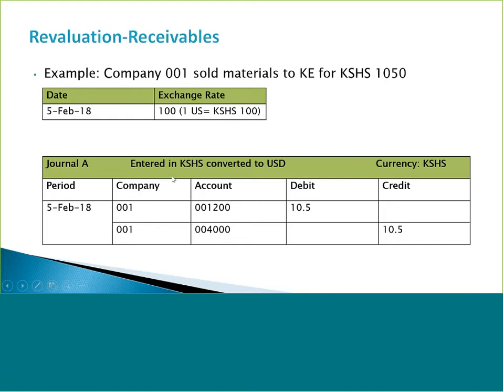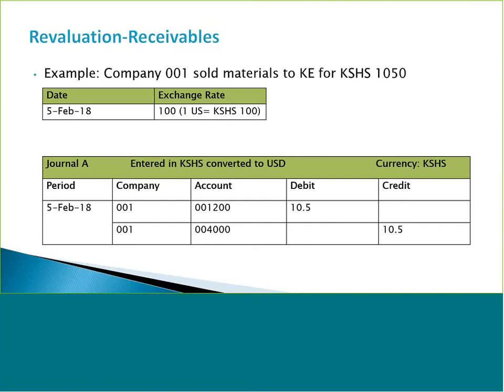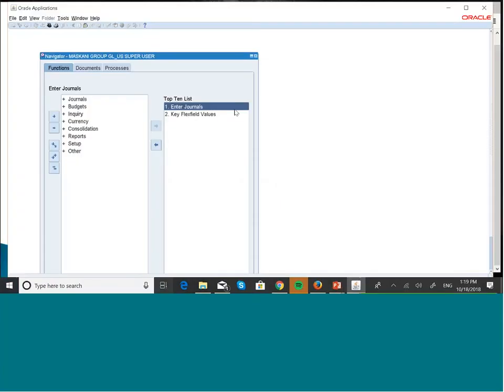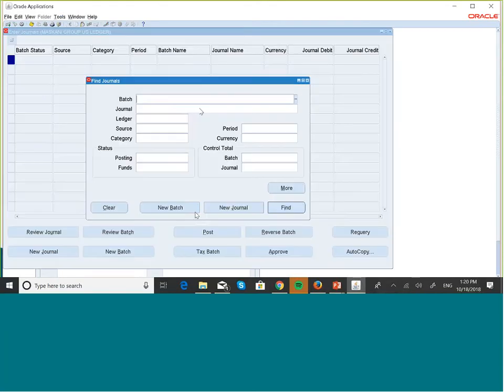We're going to enter this journal, and then we already have rates because we are still going to enter it in the period of July, and we already created our loss gain accounts. All we have to do is enter this journal and then carry out the revaluation. Okay, so let's go to Oracle, enter journal,